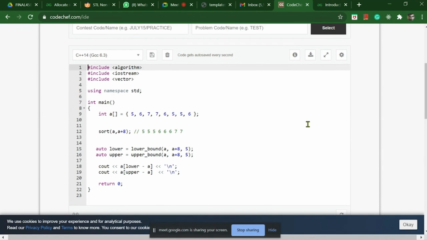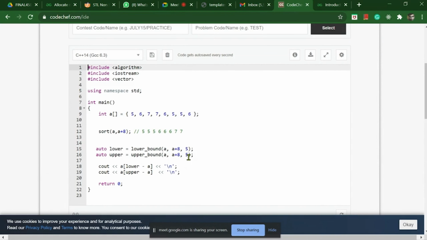Lower bound and upper bound functions are defined inside the algorithm header file in C++ STL. They work on sorted data. The lower bound function returns the value which is not less than the given key value. The upper bound function returns a value which is just greater than the key value.